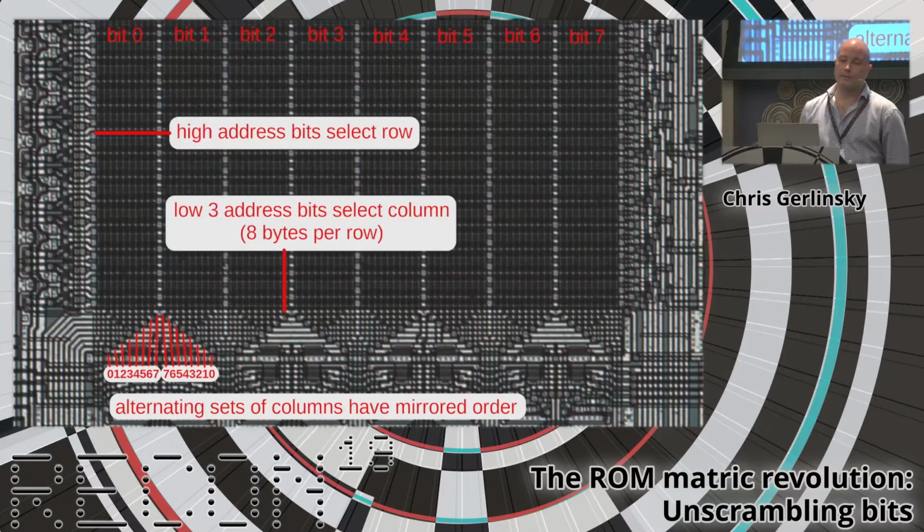So here's an example image of a ROM. We can see there's 8 columns of bits. All of the bit 0 is in the left column. All of the bit 7s are in the right column. Each of these columns, there's 8 bytes within each row. So they're using the low 3 address bits to select which column to read from, and then the other address bits are selecting the row. And we can see at the bottom where the output is for this chip,